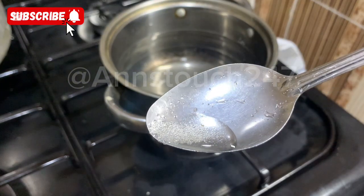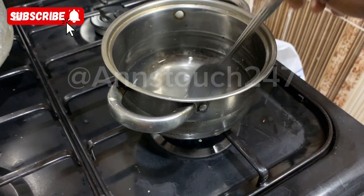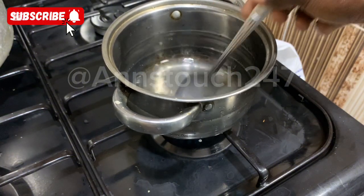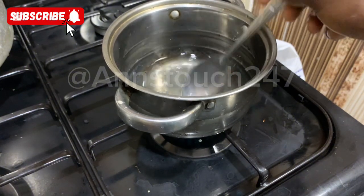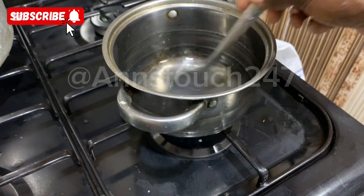Now when you start doing this, you will notice that there are grains of sugar in the water. Did I mention the quantity of the water? Pardon me if I did not. This is just a simple sugar syrup. It simply means that the quantity of the sugar and the quantity of the water should be equal, okay? So if you are pouring in 1 cup of sugar, you're going to be using 1 cup